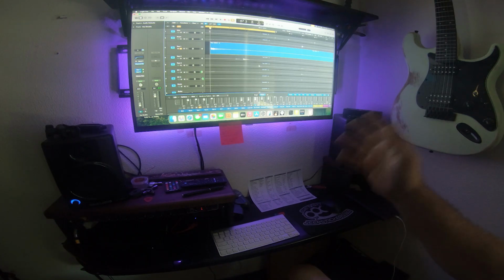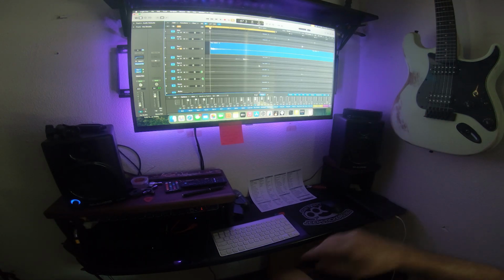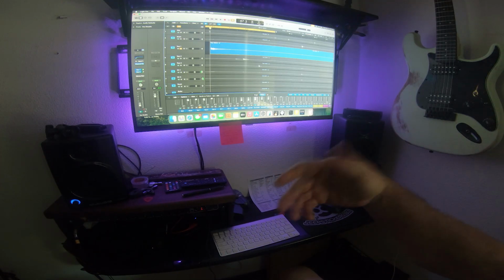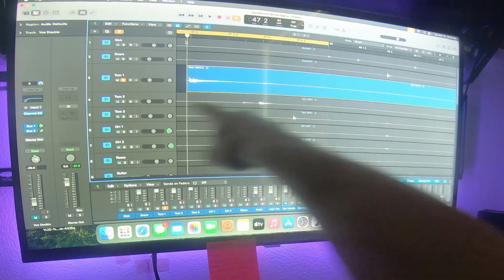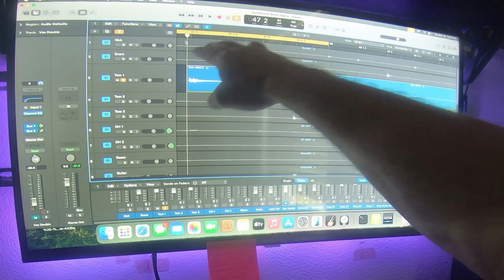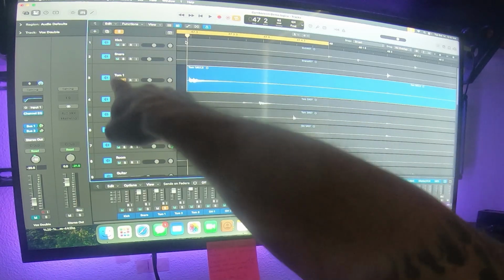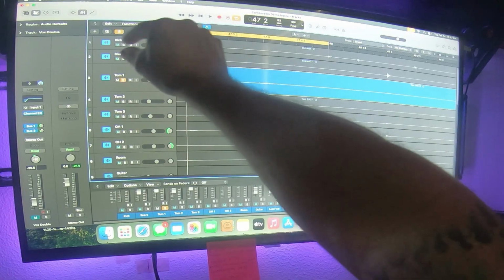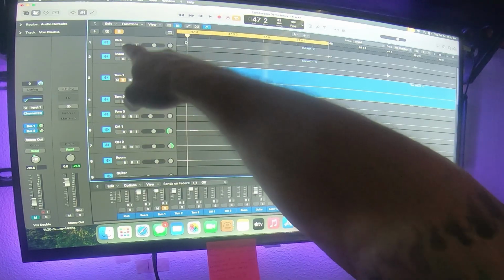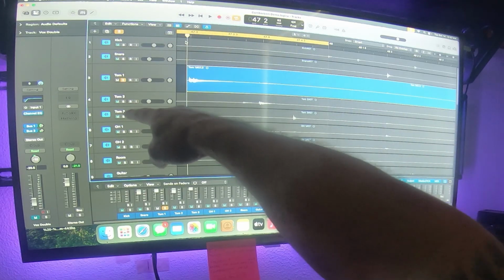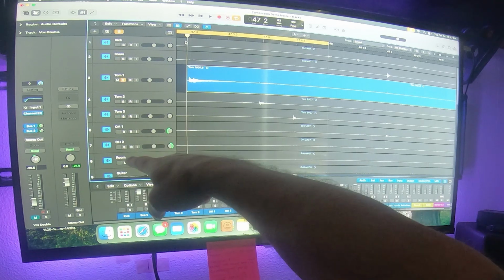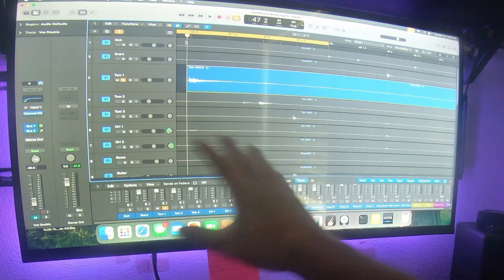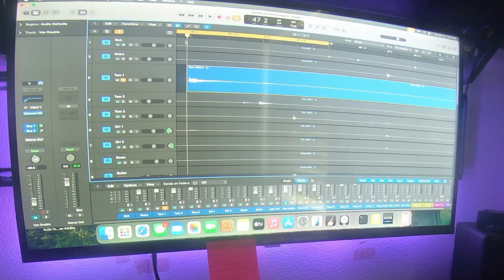One of the things that goes into making drum cover videos or just recording a demo for your band or whatever. Each one of these lines on the screen, as you can see, is an individual track, or an individual microphone on each drum. So kick, snare, tom, tom, tom, overhead 1, overhead 2, and a room mic. The room mic's actually outside the room. That's a whole other topic. But